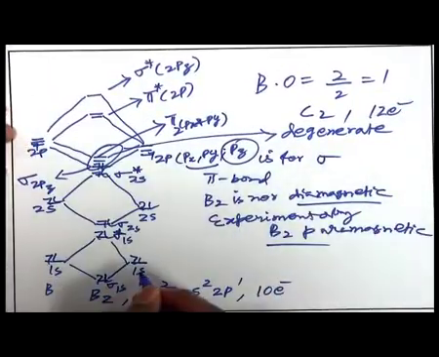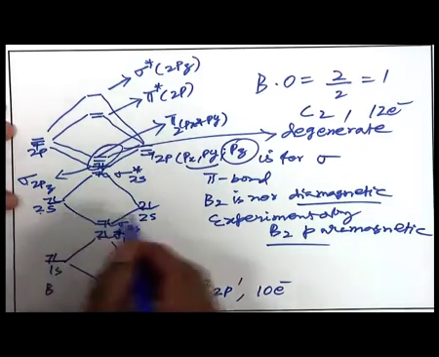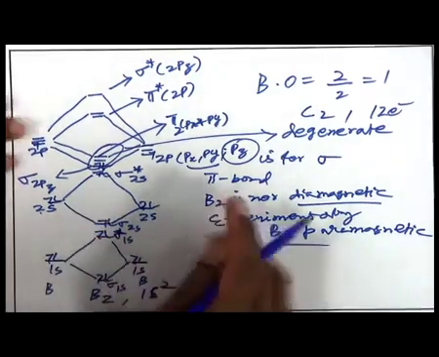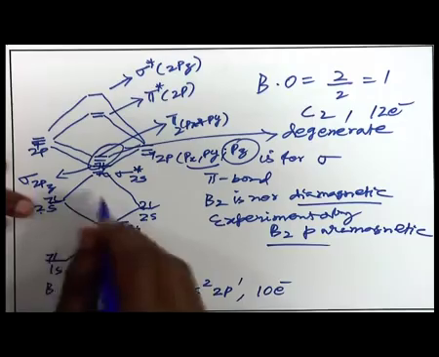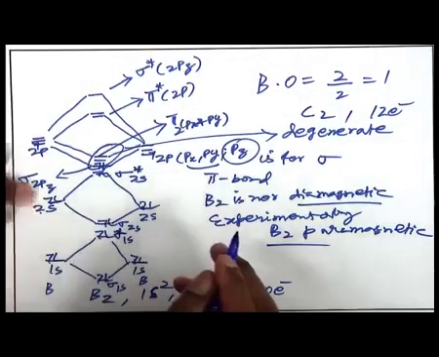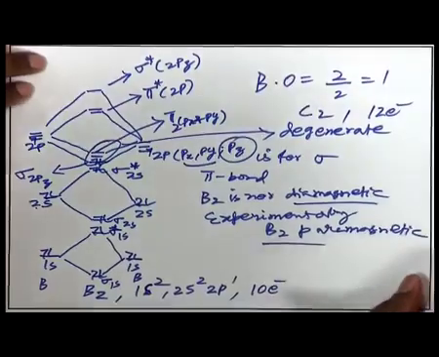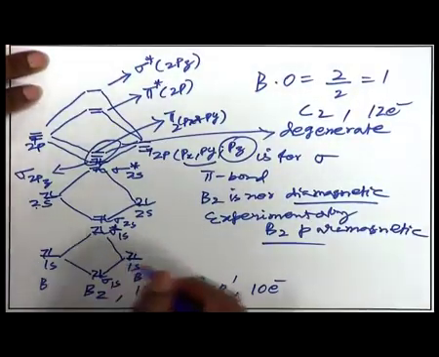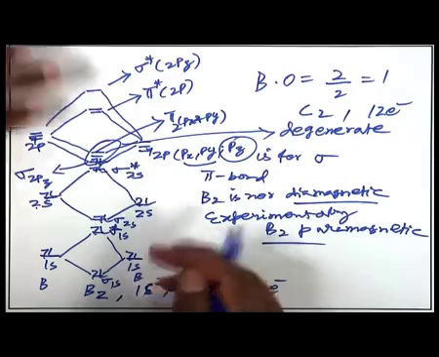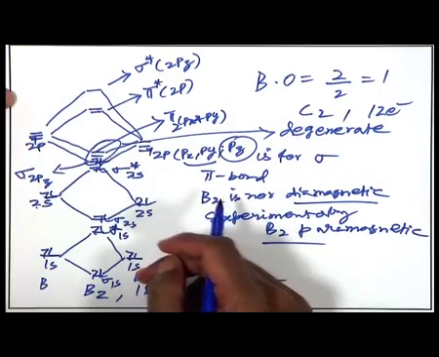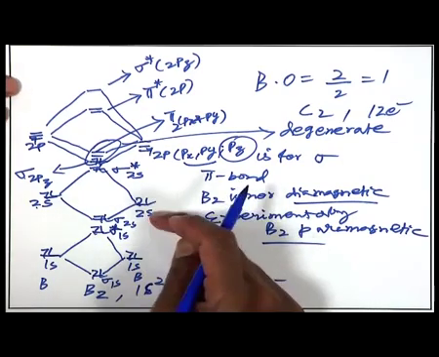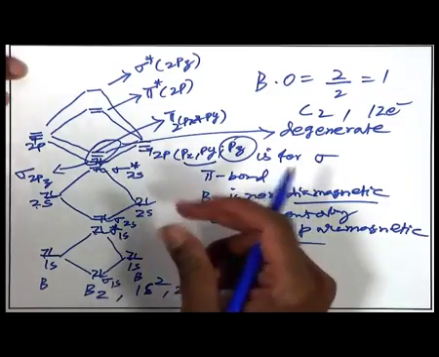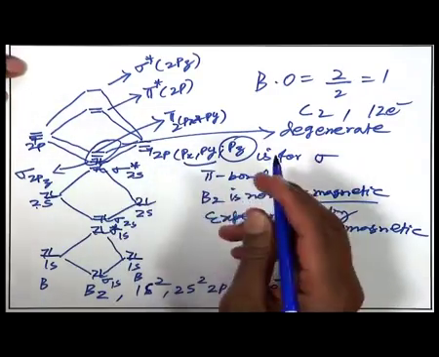So, what we have drawn here is the mixing of the 1s orbital with the 1s orbital of another atom, and the 2s orbital of one atom with the 2s orbital. Because these two energy levels are similar or equal, mixing takes place between these 2s orbitals. But there is no mixing between the 1s orbital and the 2s orbital, because the energy difference between them is very large. But if they are closer in energy, there will be mixing. That is what is happening